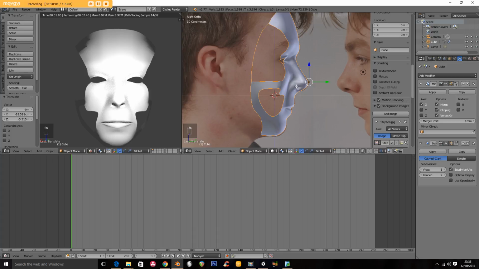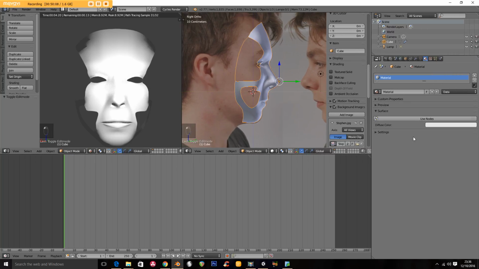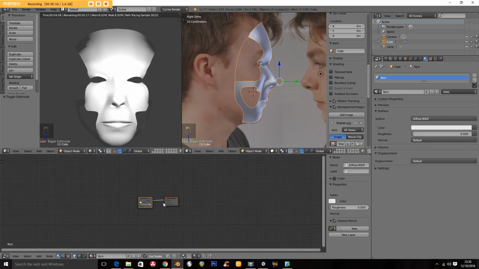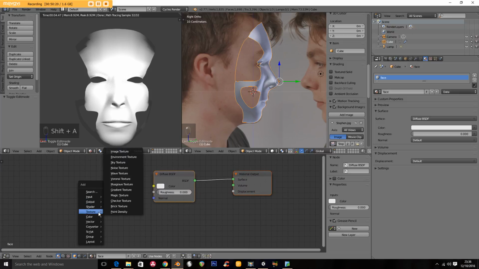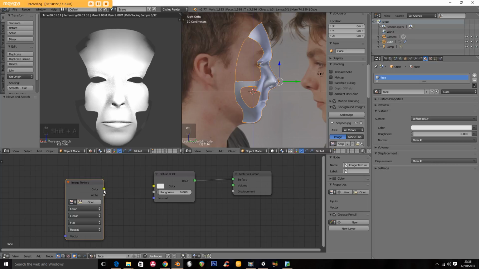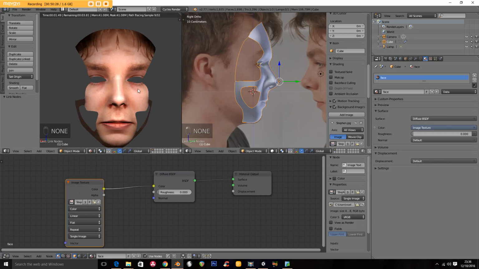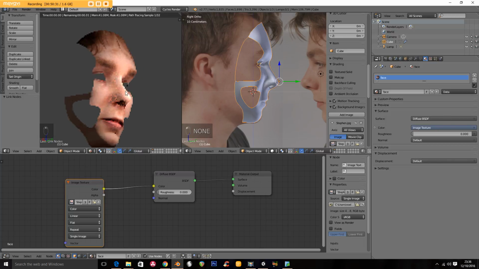So I'm going to select this. Actually, I don't need to be in edit mode. I'm going to go over it now. It's got a material on it. It's the default material in Blender. So I'm going to go use nodes. Over here, node editor, and we can make this more complicated and make it shiny and glossy and all these things, but just as a very basic application. So there is Stephen's face,